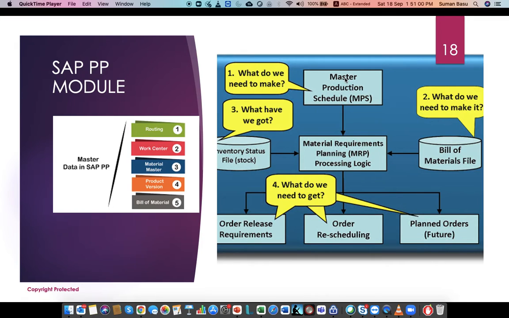Based on the master production schedule, we will find out how much material we need to buy, how much material we can take from stock, and when the material, I mean raw material or purchase material, is supposed to arrive at the shop floor, and then be put together so the final delivery can be made. I am sure you might have heard words like Kanban, just in time, parts per million.